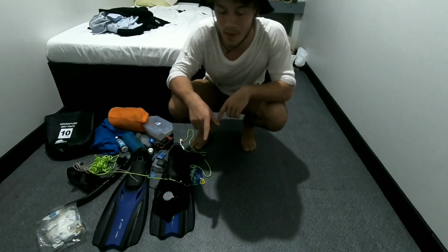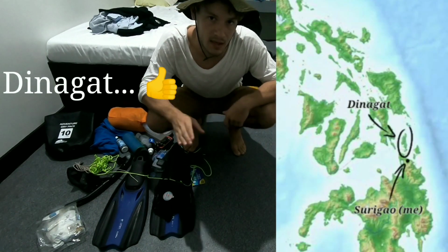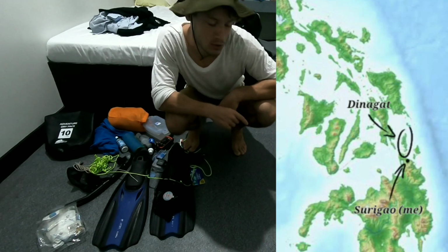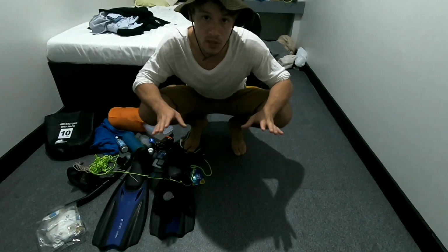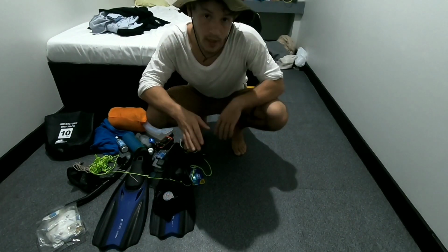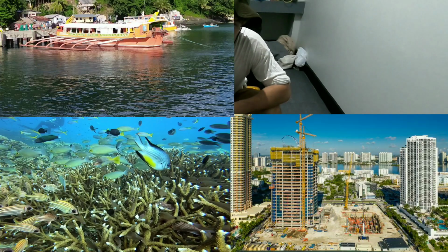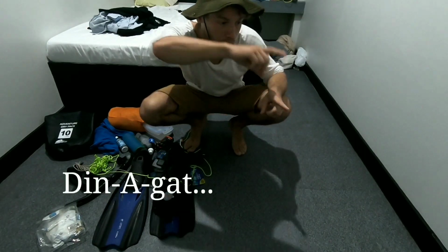and he told me about an island called Dinagat, or Dinagat, I can't remember exactly how you say it. Anyway, he told me that there wasn't a lot of tourism on Dinagat, it wasn't very popular. Now, don't get me wrong, I'm not anti-tourism. Usually a place is touristic because it's good. But anyway, I want to go and see coral, and tourism means development and boats, and that's not good for coral. So what I'm going to do is I'm going to go to Dinagat, I'm going to go around the